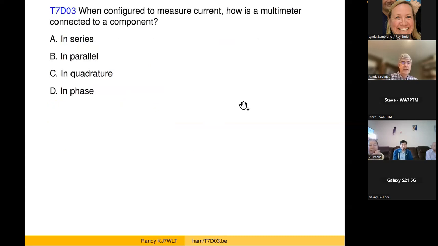So here's the other one about measuring current. If we want to measure current, and here it doesn't say an ammeter, which is what you would use to measure current. If you had just a single device, it says if we want to measure current with a multimeter, how would we combine that? So they haven't said they're measuring ohms. They haven't said it's an ohm meter, but since we're measuring current with a multimeter, we're using it as an